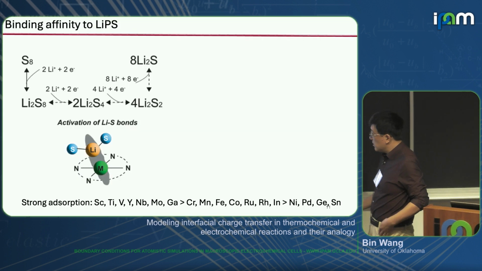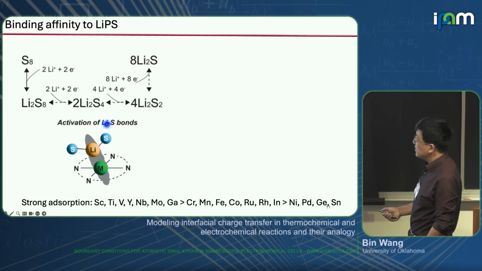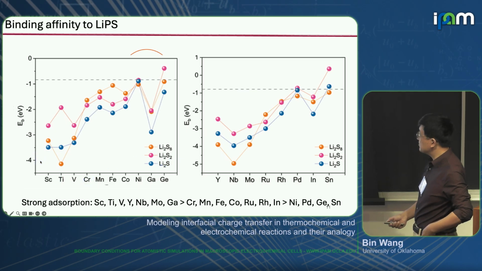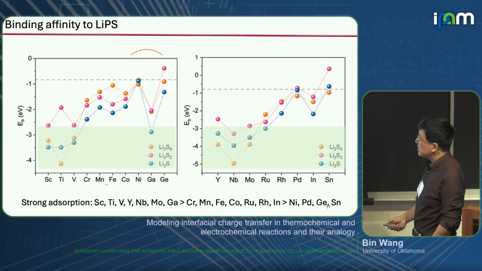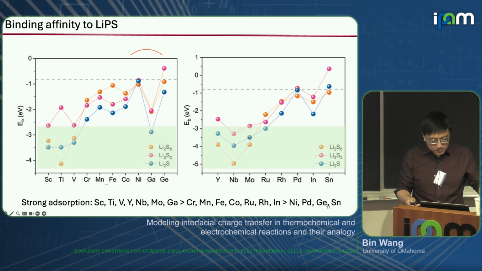So for the first part, we just screen about 20 different metals and look at how they stabilize this lithium sulfide. So I plot the binding energy. In fact, it's just the adsorption energy of different lithium polysulfide, lithium-2 sulfur-8, sulfur-2, sulfur, onto different metals. More negative just means more stable adsorption. Immediately, you can see that some metal does very well. For example, in this case, titanium, vanadium, and in this case, niobium, molybdenum. So we definitely have some metal to choose.